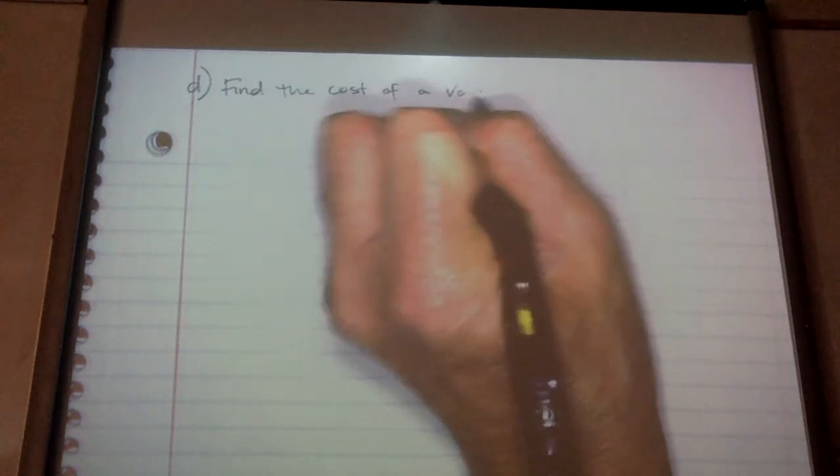I am going to practice another problem with you, just some other calculations that you might need. Okay, so here we go. Which one should I do? Oh, you know what? I'm going to do one other additional part to that problem. I forgot about this part. How to work backwards. So find the cost of a vacation